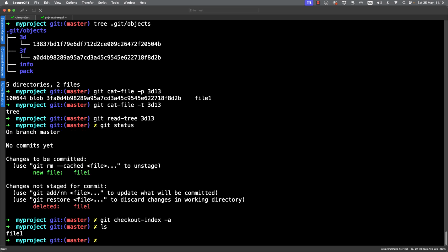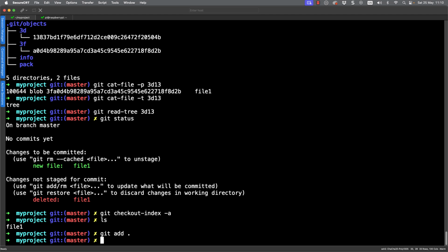I can list my file system and I can see file1, so it's properly part of my file system now. I can use git add and the whole directory, and then my git commit, and of course a perfectly formed commit message. So my file, that really explains what's going on, doesn't it?